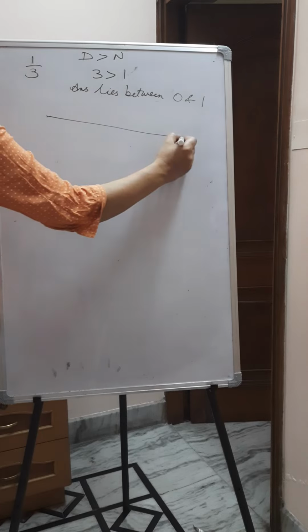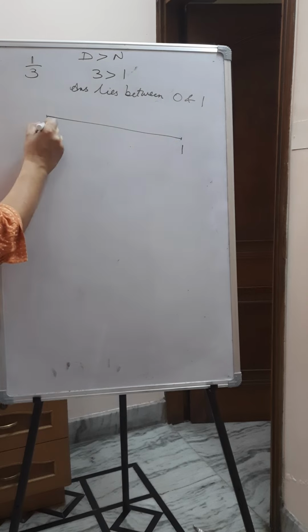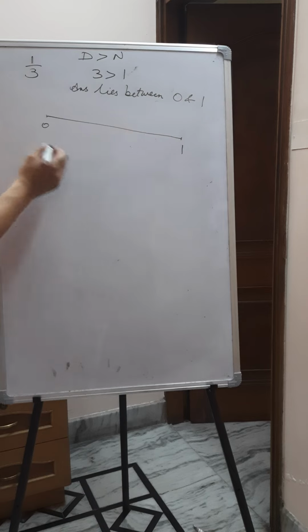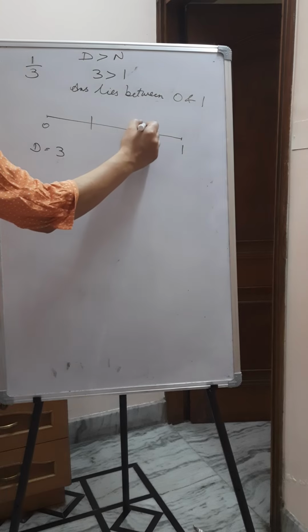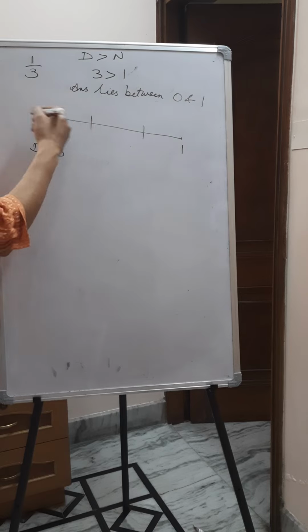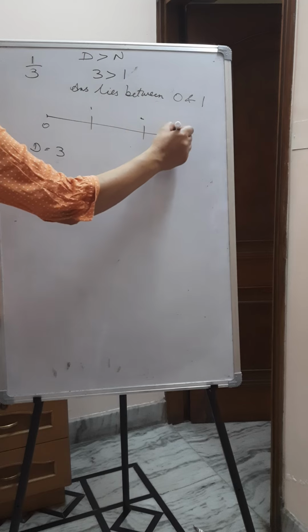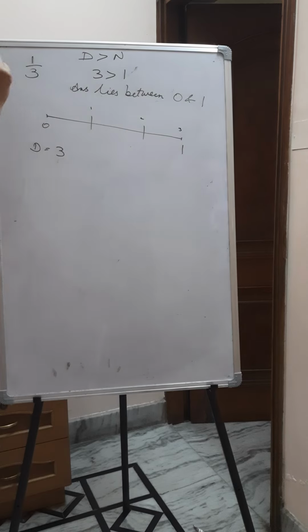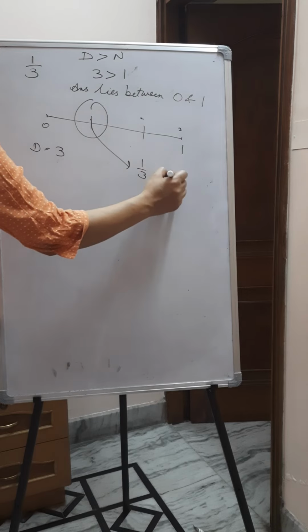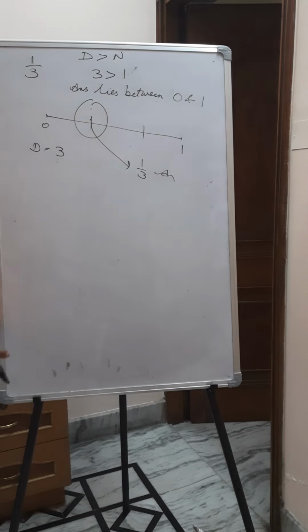So this is a positive number. Method is same, procedure is same. Divide this interval into the denominator number of parts. Denominator is 3, so divide this interval into 3 parts. 1, 2, 3. 3 parts are there, right? Then start the marking. This is 0, this is 1, this is 2, and this is 3. Our question is about 1 over 3, so we will choose this. This is 1 over 3, simple, and then remove this marking.